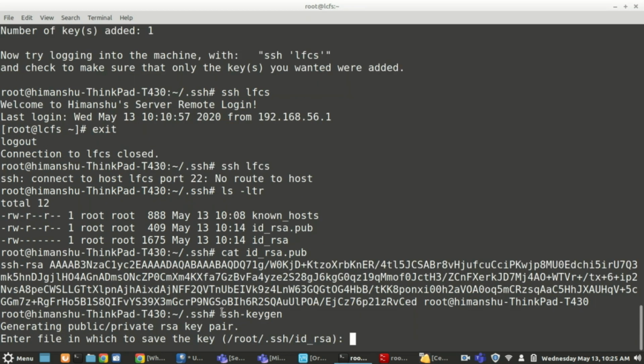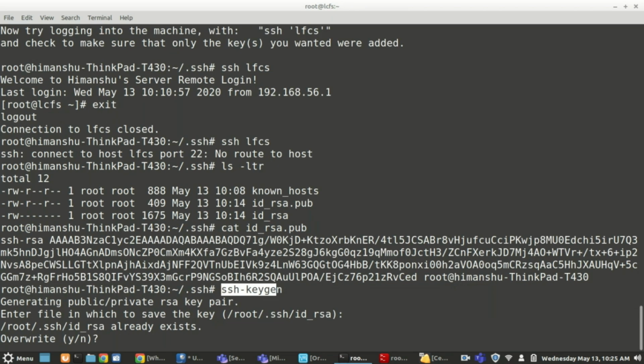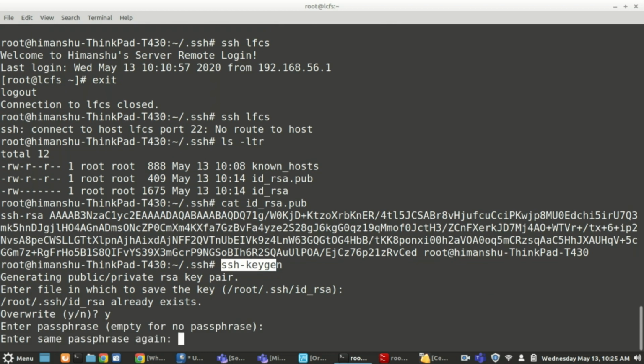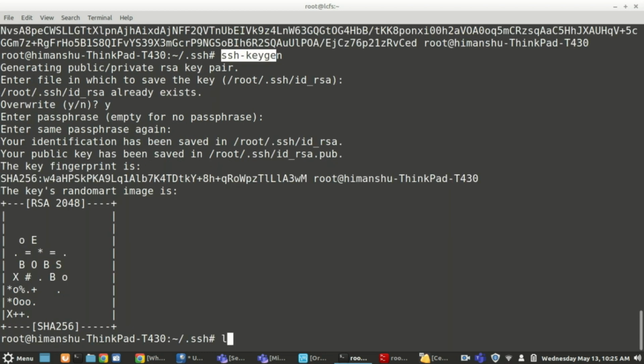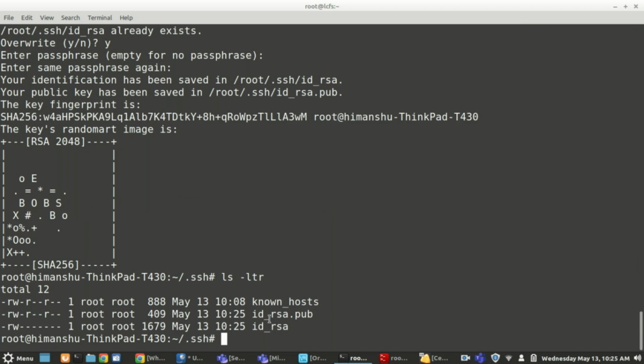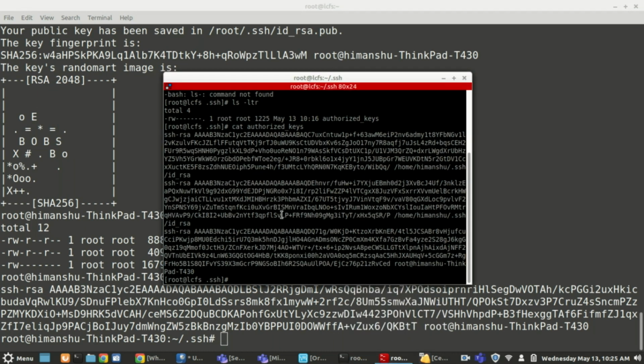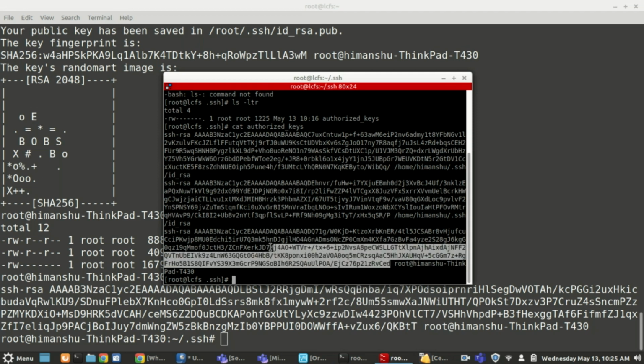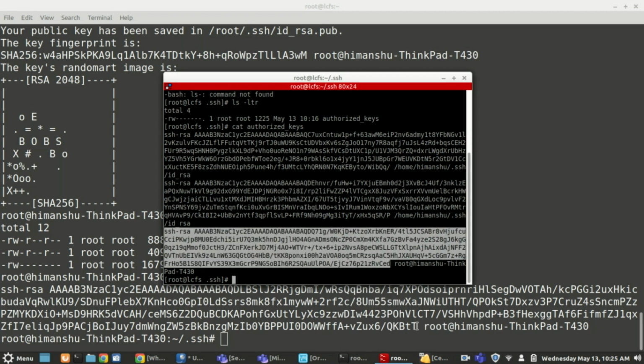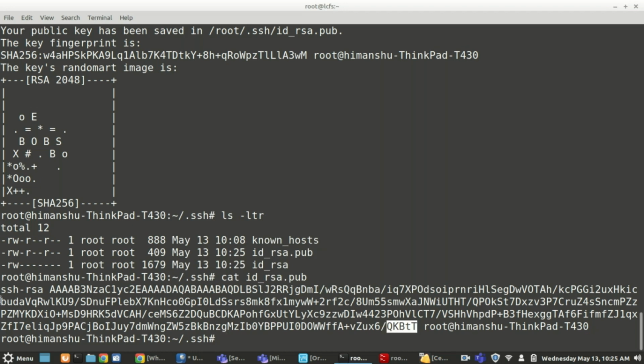Same way here, the combination of private and public key works. So see, if I generate a new key pair for the same root, it will ask whether you want to overwrite it. I will say yes. So it will overwrite the entry, no passphrase. So if you see now, the public and private key is changed. It will not be exactly the same as before. See the entry here, it is changed, lot of things.